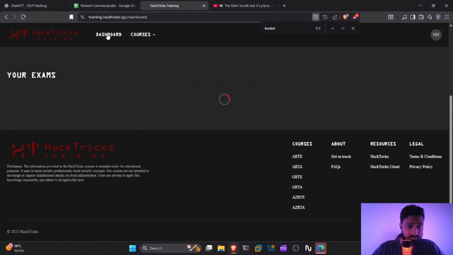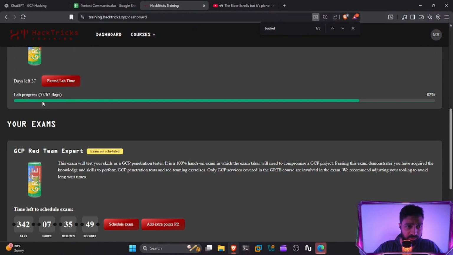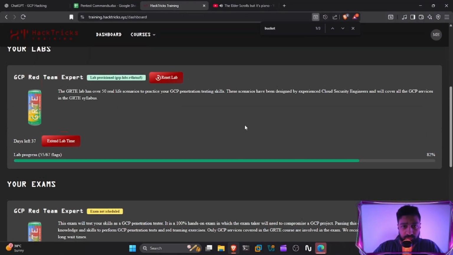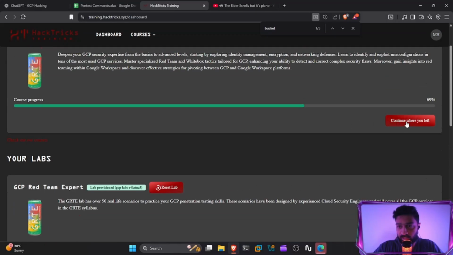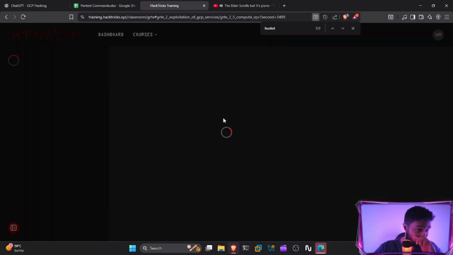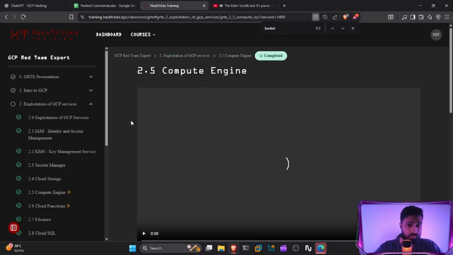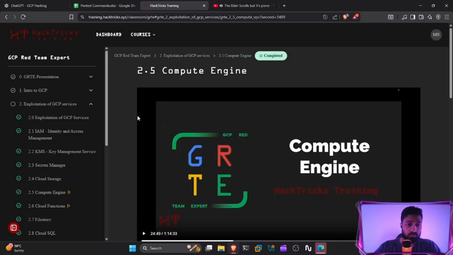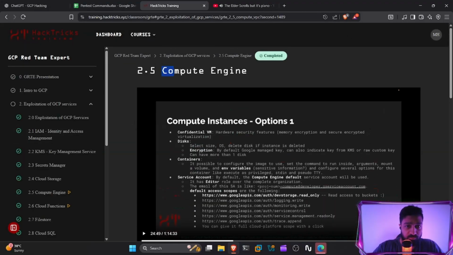Let's start off with a lab demo. I'm going to be doing one of the labs here. I started a few labs. I'm here on the dashboard. You'll see that I'm 80% done with this course. And if we go to the labs, continue where you left off, I might be doing Compute Engine,